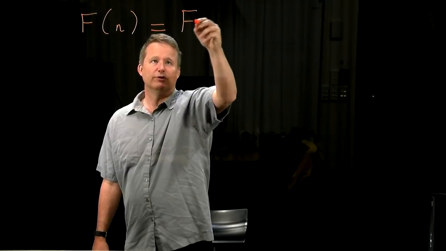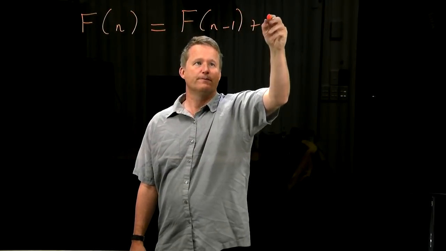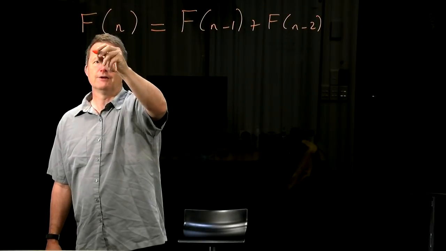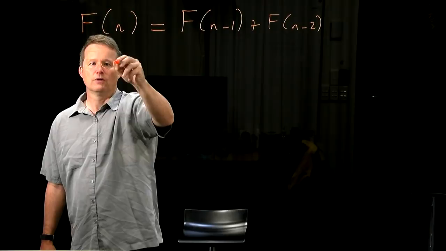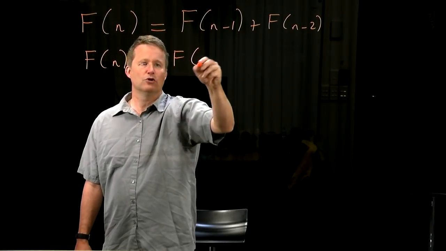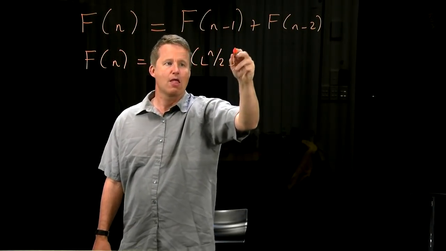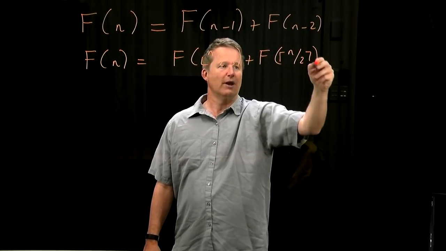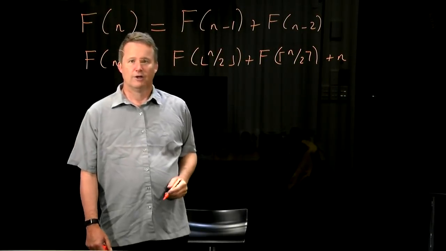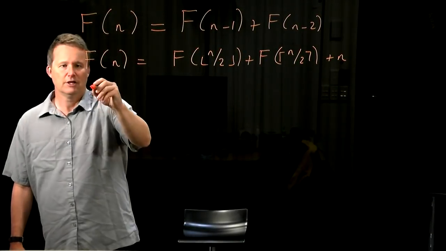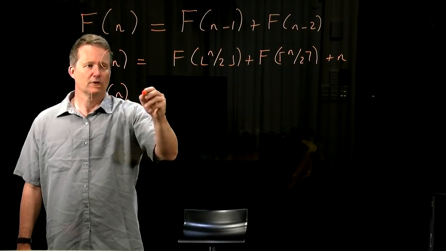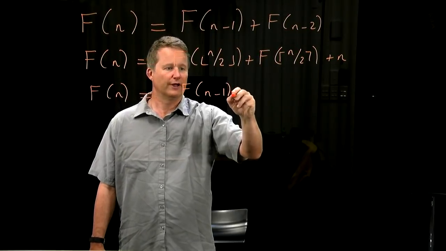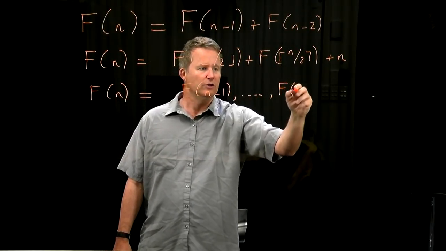For example, we've had the Fibonacci numbers, we've had something to do with merge sort, and we could multiply these examples forever. In general, f of n is just something involving the previous values,